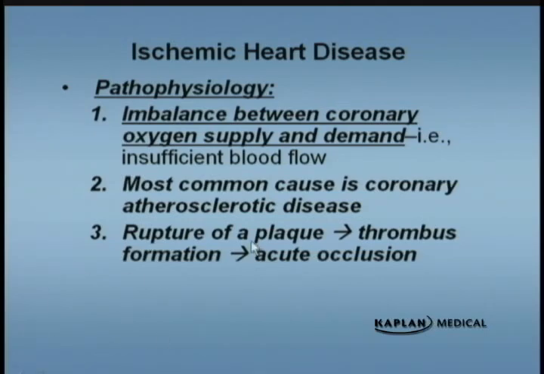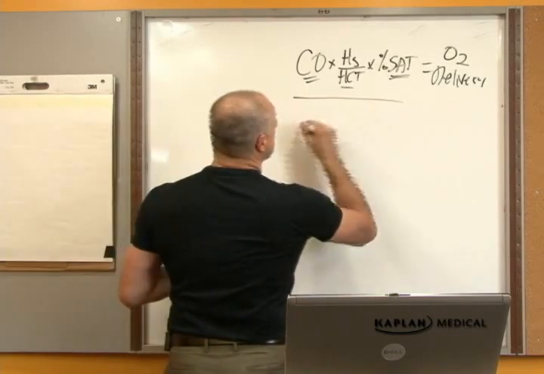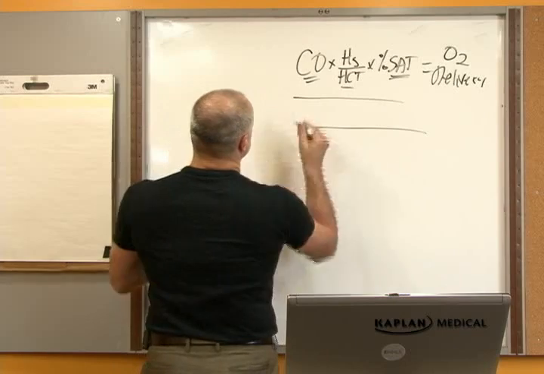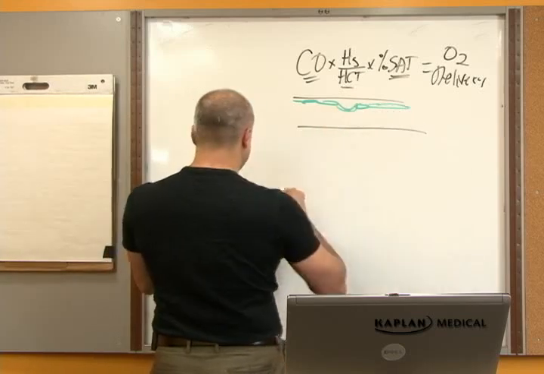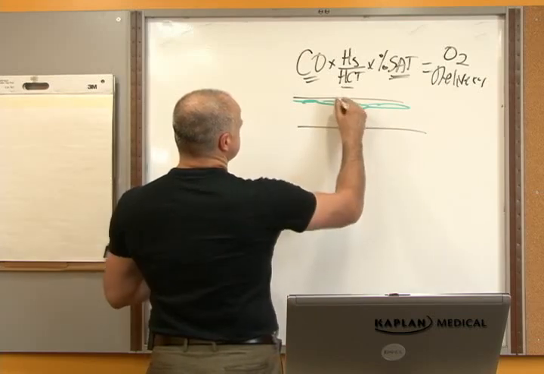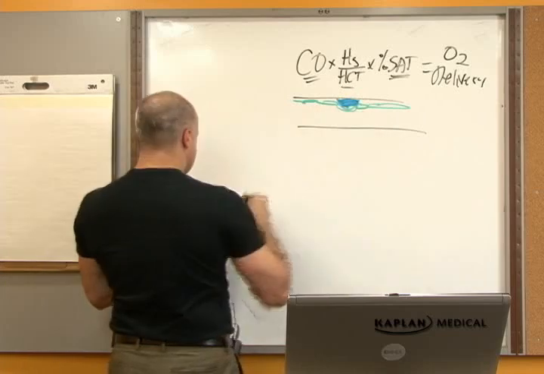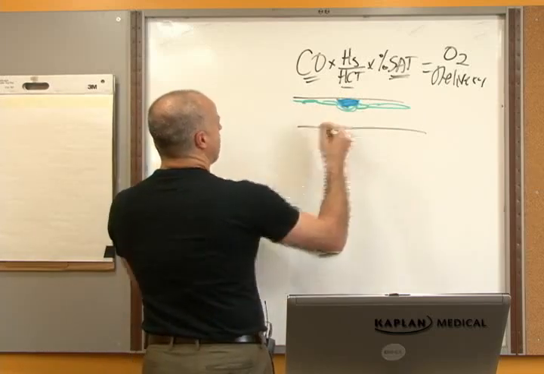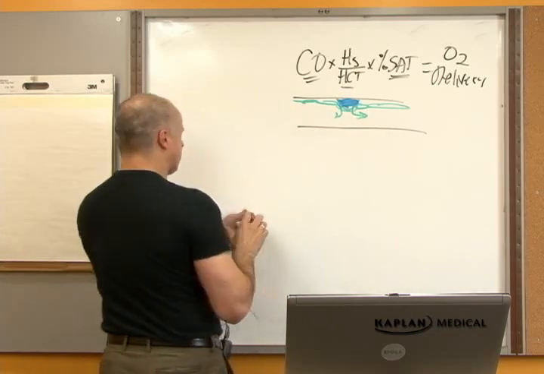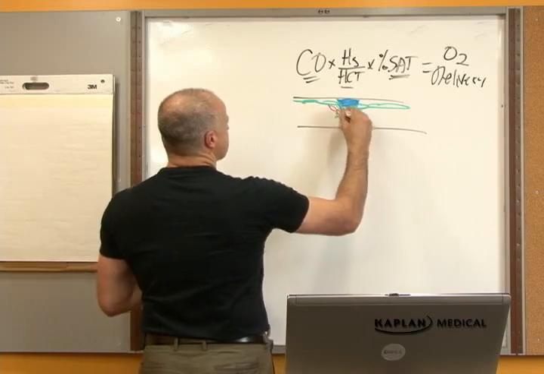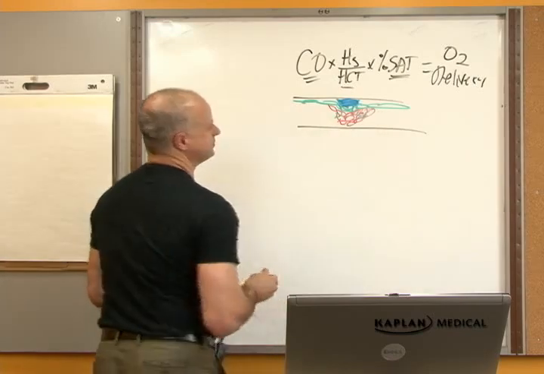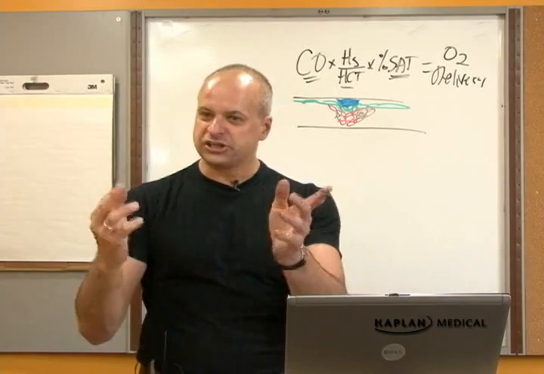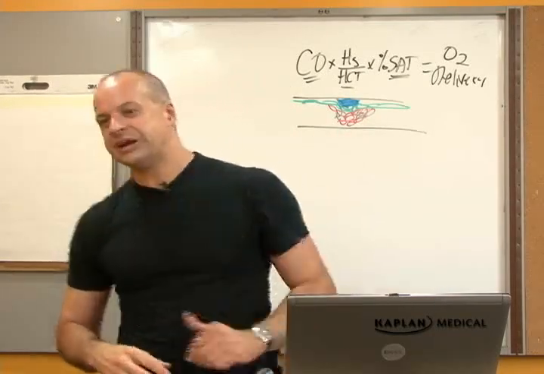Now, the plaque ruptures. What happens here is that you have a blood vessel, and on the inside of the blood vessel we have some endothelium. The endothelium starts to get clogged up with lipid stuff, and the lipids build up underneath. Sometimes that plaque ruptures, and platelets form on top of that ruptured plaque, and ischemia. You rupture a plaque, it bursts, it sends out fibrin, it sends out von Willebrand's factor,